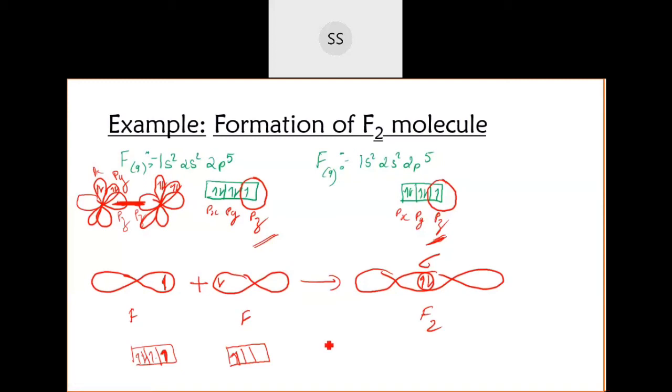Okay, clear? I hope it's clear now. Yeah, that is the next thing. Now I will go for the next one. Pi bond also is there. So this is about sigma bond. You are talking about sigma bond, no? Sigma bond should be on the same internuclear axis. Okay? Yes. Okay, now we'll go for the next one.